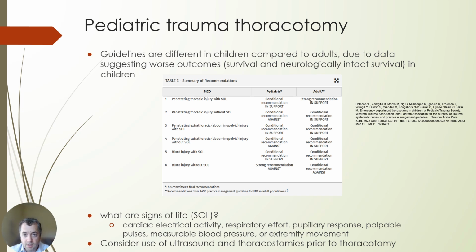Basically, if children present with signs of life in traumatic arrest, there is a conditional recommendation in support of trauma thoracotomy, and for those without signs of life, a conditional recommendation against, which is different from adults,